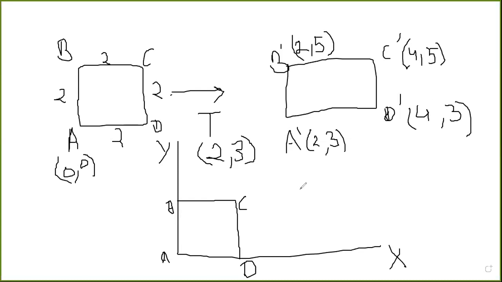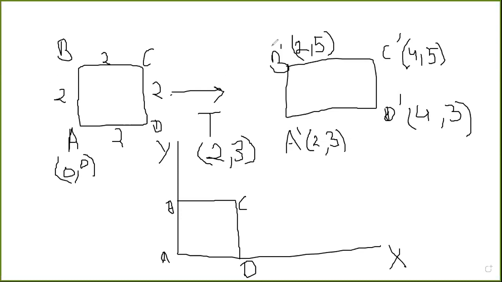Okay. So you have applied this translation in x and y direction by 2 and 3 respectively. So you will easily see you are performing this change. That means A was at 0 comma 0. Now what you are doing, you are adding 2 to 0 and 3 to 0 to get the new position of A, that is 2 comma 3. Similarly, with B, C and D, you have to add 2 in x direction with the x and 3 with the y.